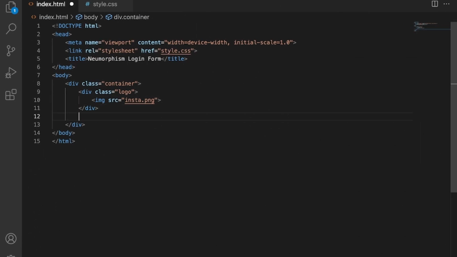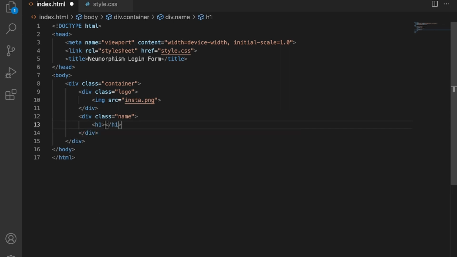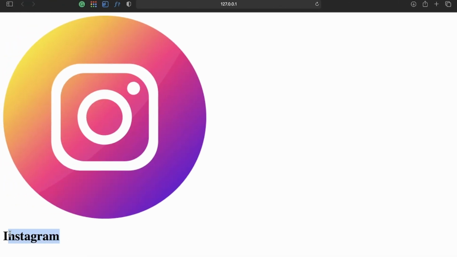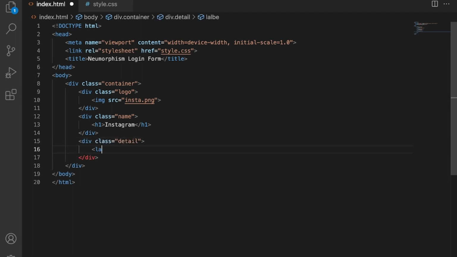Now I will define a div class with class name name, and in this div class I will use heading tag h1, and here I will write Instagram and just save it. Okay, so now I will define a div class with class name detail, and now I will use some input text.